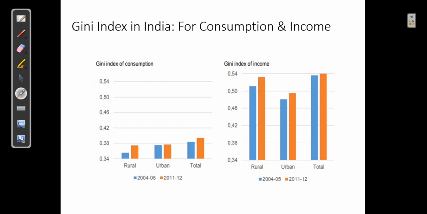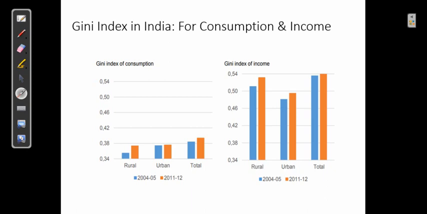So in the Indian case, you can see that the figures are less than 0.50, it's near 0.38, which implies that relatively the consumption inequality is less in India. So this is showing you the distance between the consumption groups. Now when we compare it with Gini index of income, here again the blue bar graphs are showing the case of 2004-5 and orange ones are showing you the case of 2011-12.